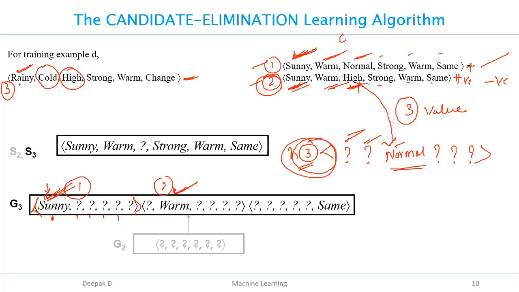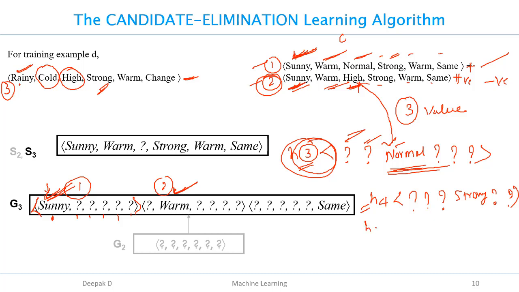Hence, I do not consider this hypothesis. Similarly, with H4, what do you have? Question mark, question mark, question mark. What is the opposite value here? I have only one value, that is strong. If I write strong, here you can see question mark, question mark. So this hypothesis again will classify negative instances as positive instances. So this is not acceptable.